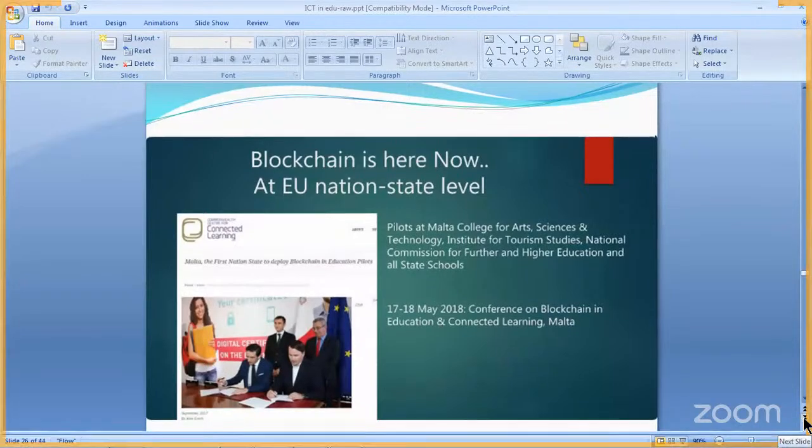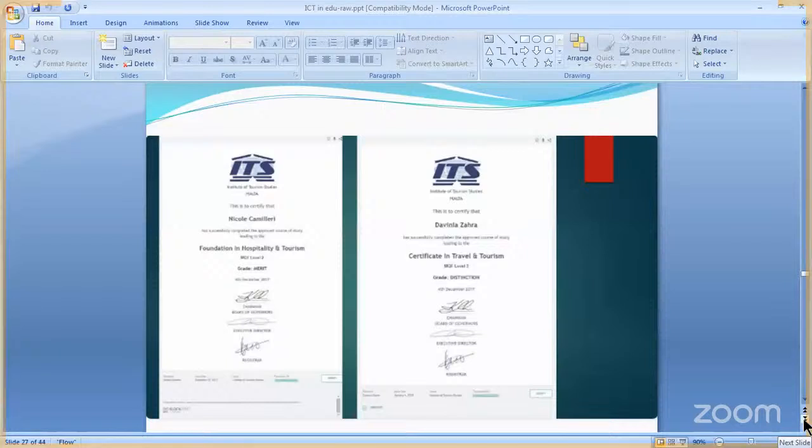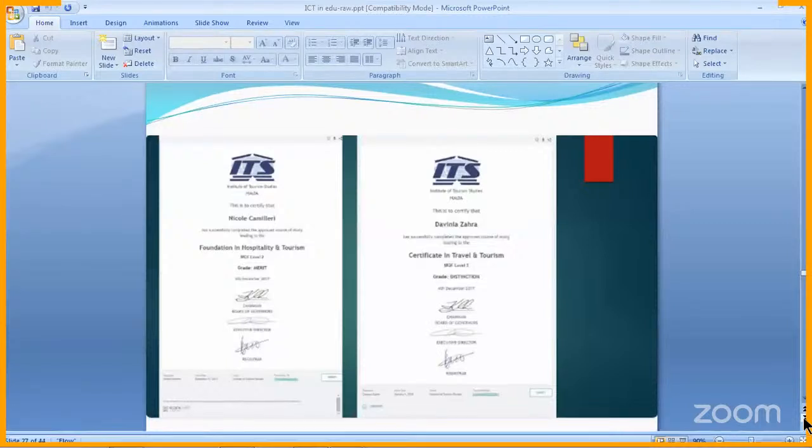I can show these are the certificates from the European Union College, which are notarized onto the blockchain mechanism. It is a similar certificate to what we give, only it is being authenticated or notarized by the blockchain mechanism. So the blockchain basically has the capability of giving trust and authenticity to your document, that it is valid. And you have to do this only once and get it checked for lifetime.